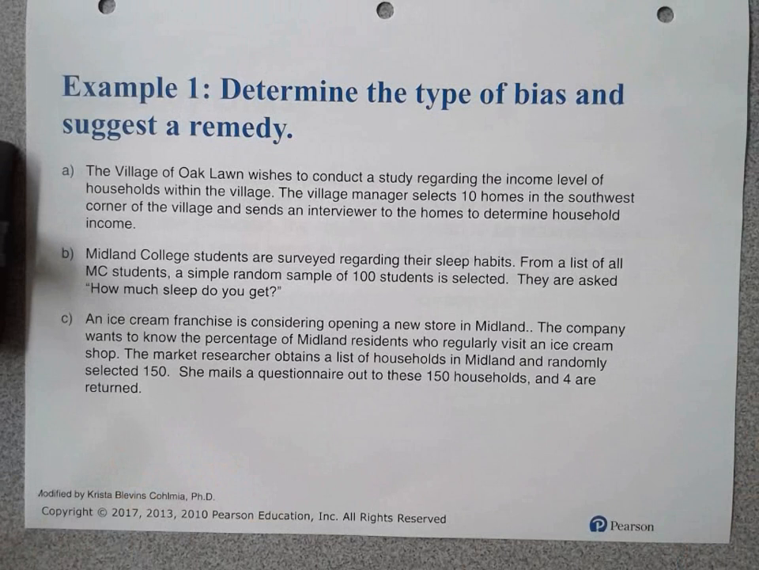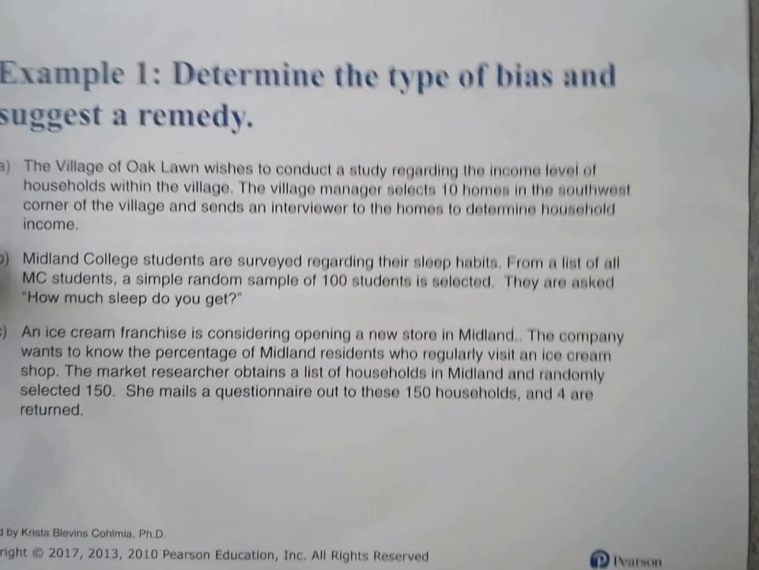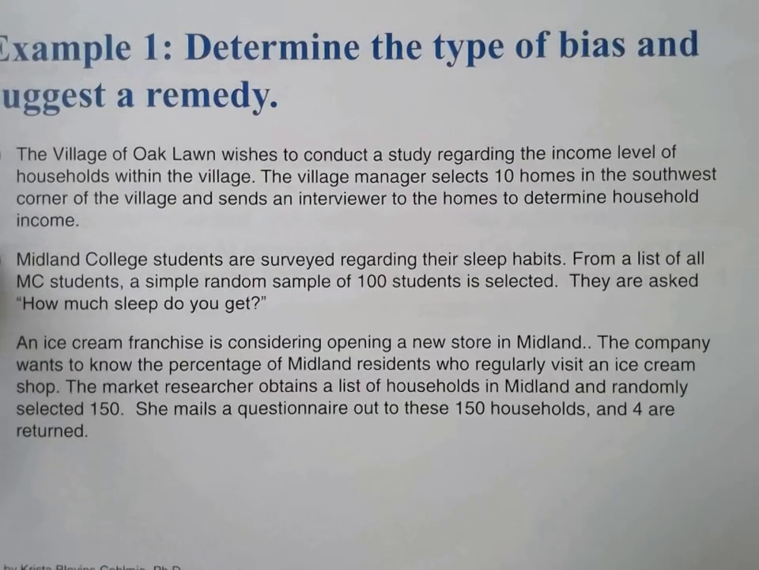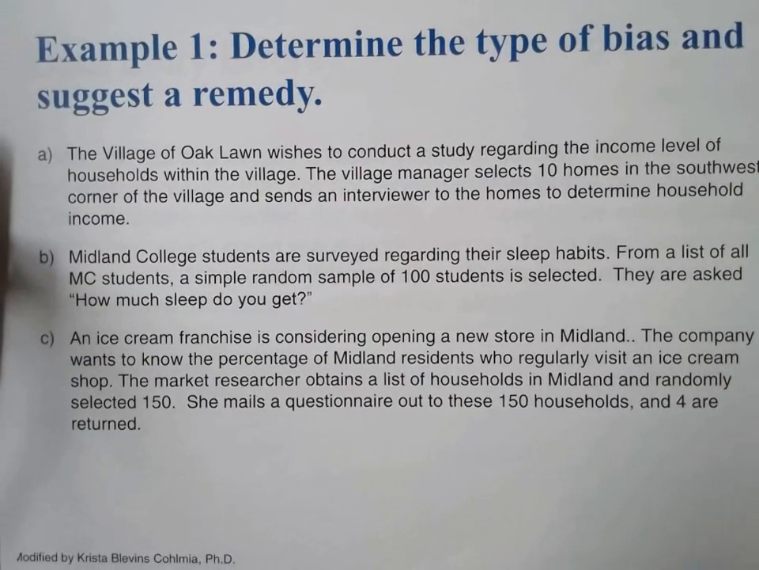Question number 1, determine the type of bias and suggest a remedy. Remedy means solution. How could you correct the bias? Let me try to zoom in here a little bit. The Village of Oaklawn wishes to conduct a study regarding the income level of households within the village. The village manager selects 10 homes in the southwest corner of the village and sends an interviewer to the homes